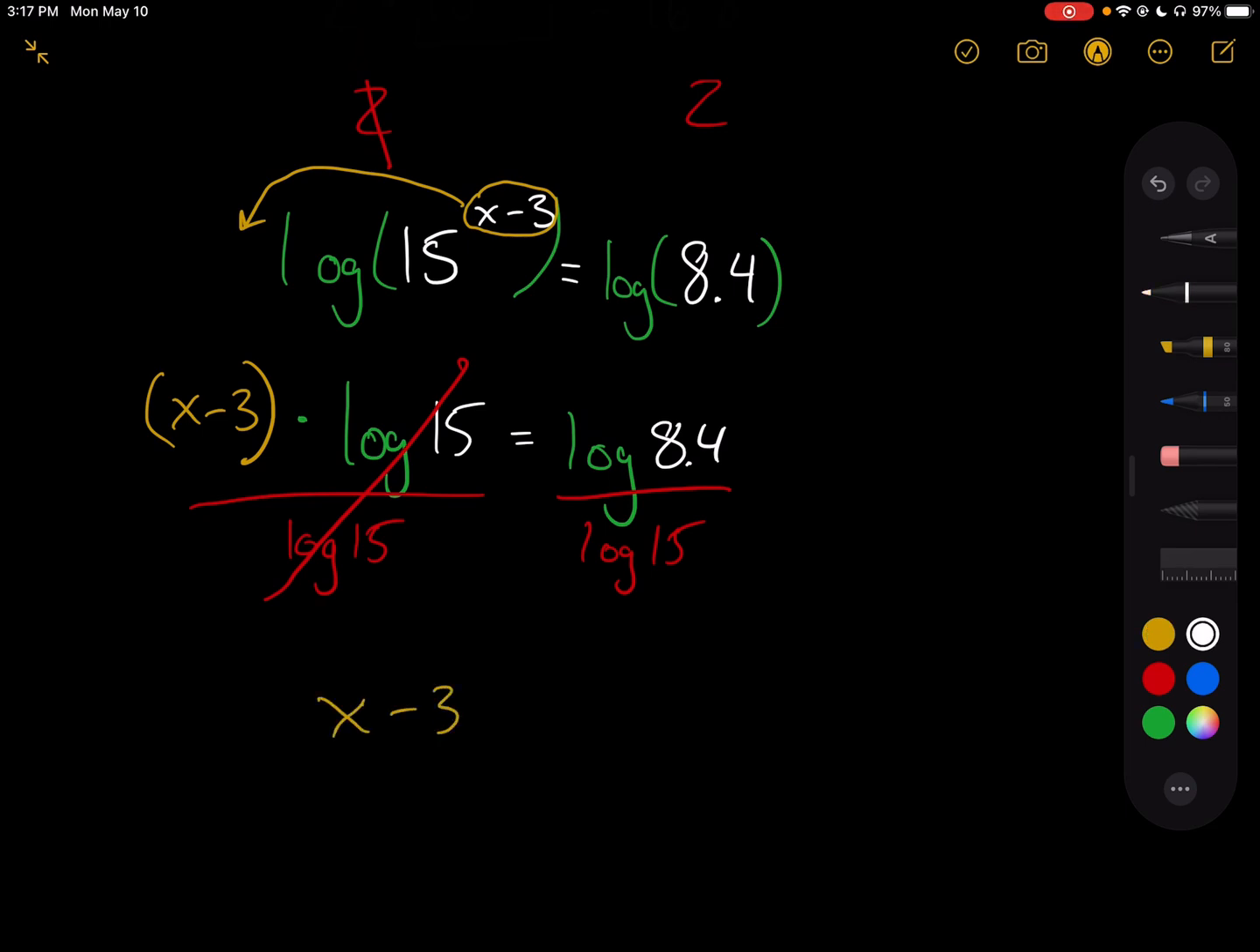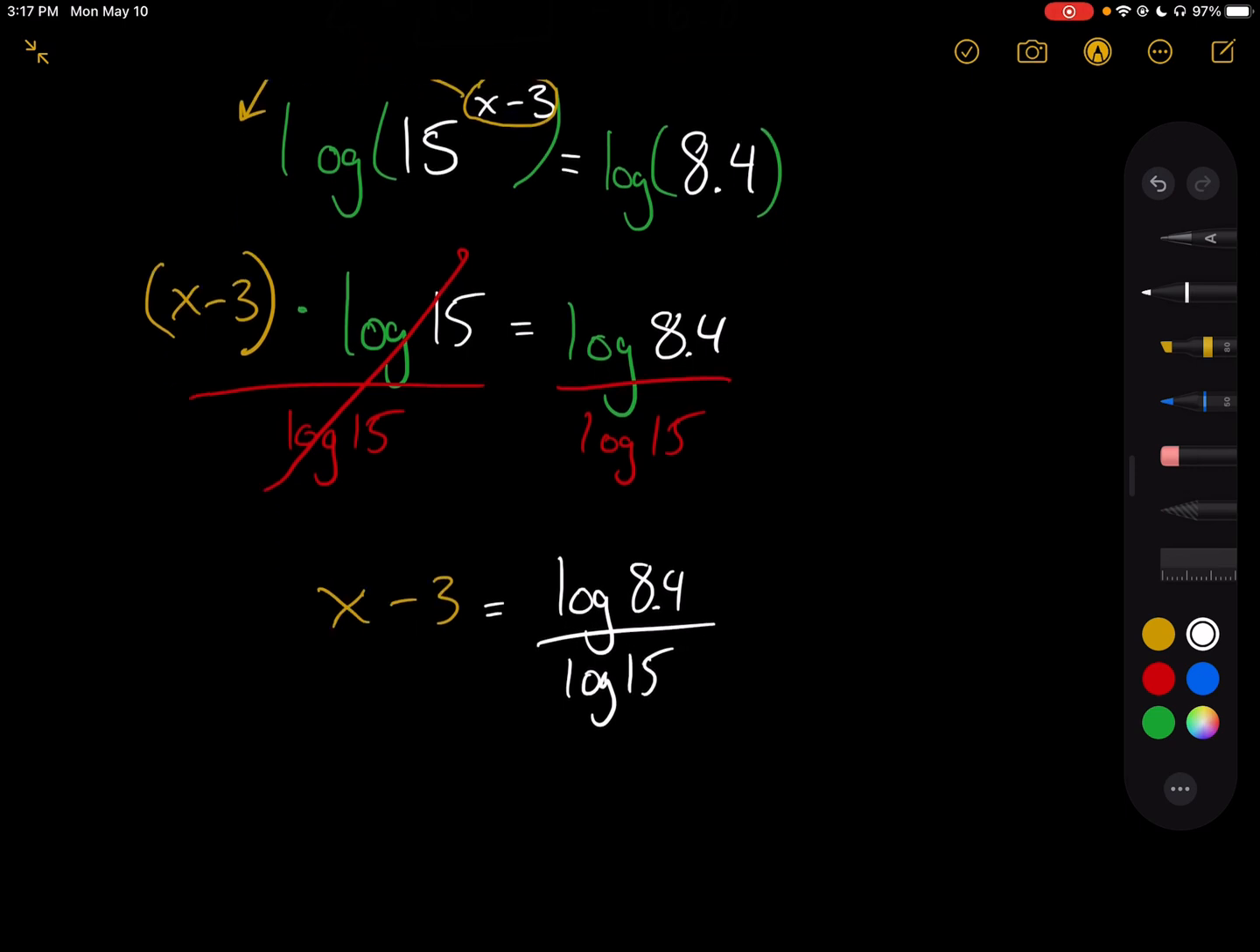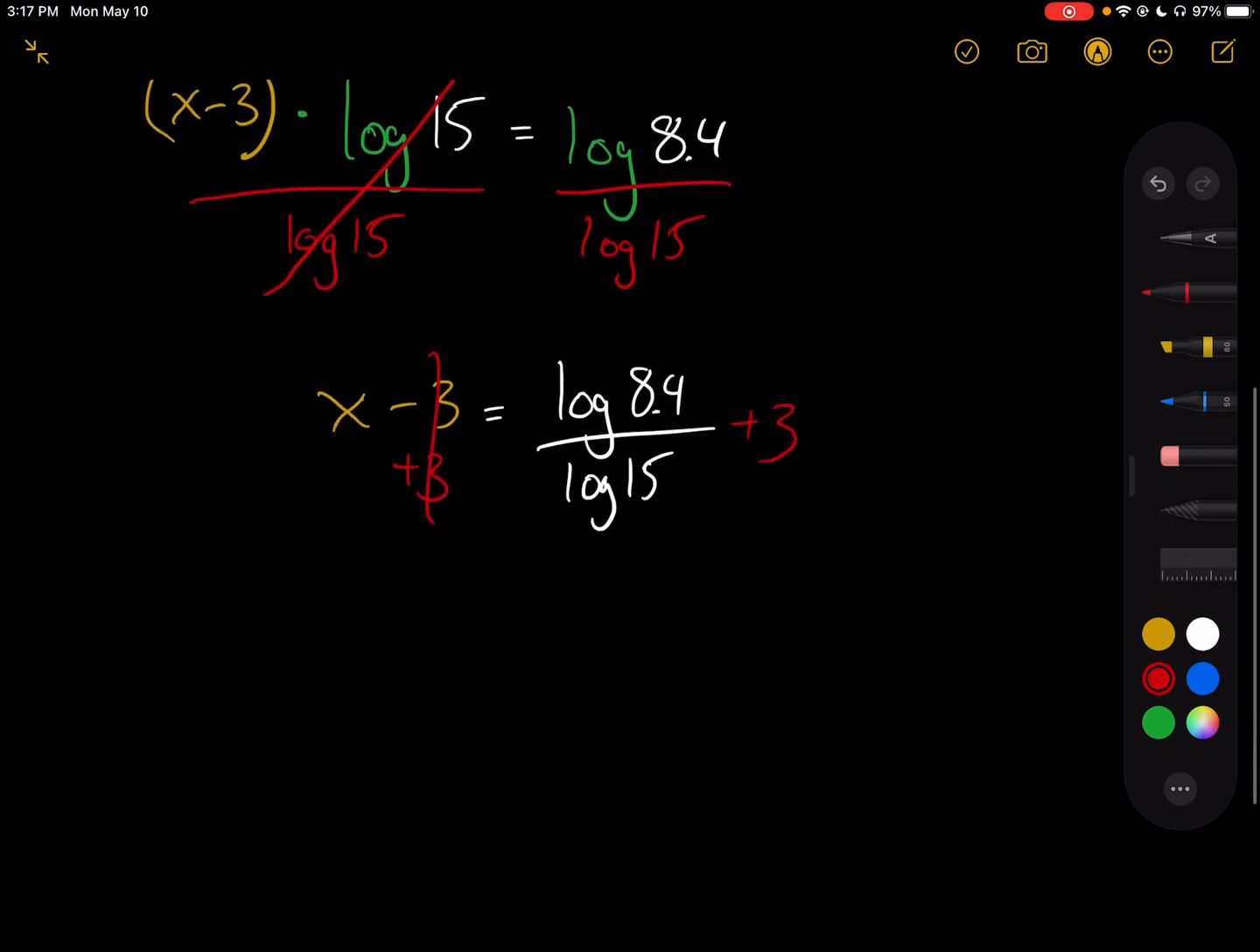Okay. And on the right, now I've got log of 8.4 over the log of 15. Still, again, some value, but I don't really care. It doesn't really matter because it's still not useful. So the last thing I need to do to solve for x is to add 3 to both sides. Right? And so finally, I'm left with x is equal to the log of 8.4 over the log of 15